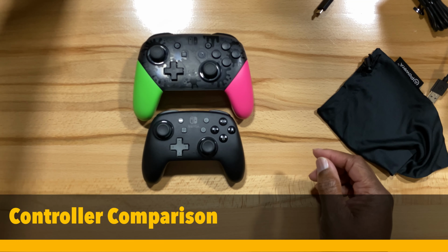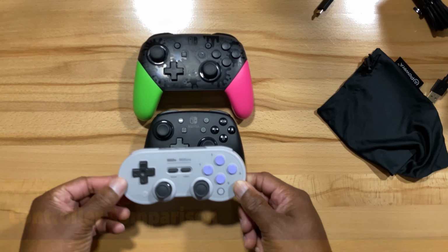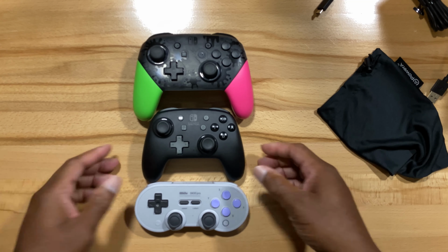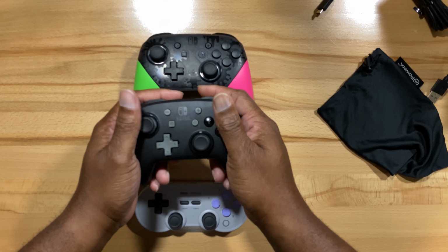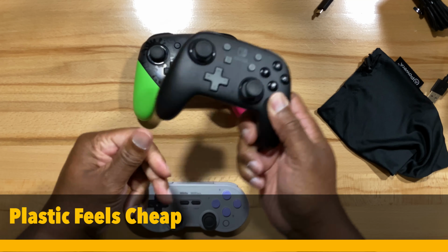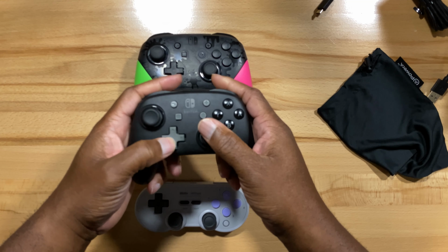That's crazy. And I also have an 8BitDo controller, so you can also get a comparison to see how big it is compared to the 8BitDo. It's not as wide as the 8BitDo, but it feels great in the hands. The plastic feels a little cheap, a little slippery, but once you get it caught in your hand,